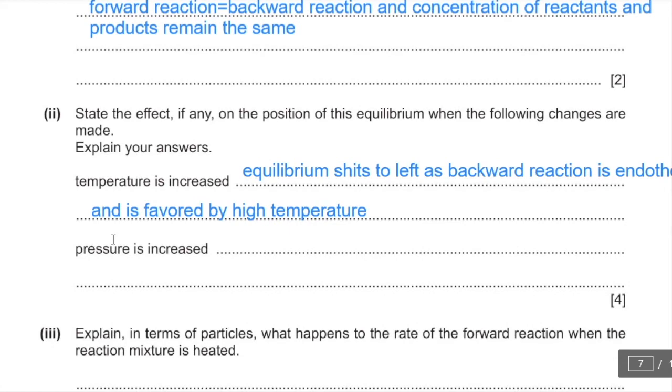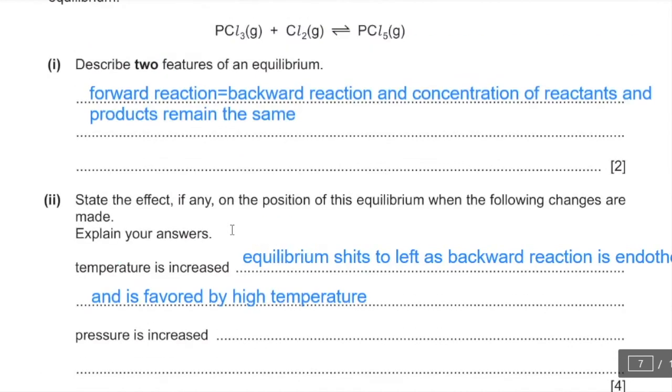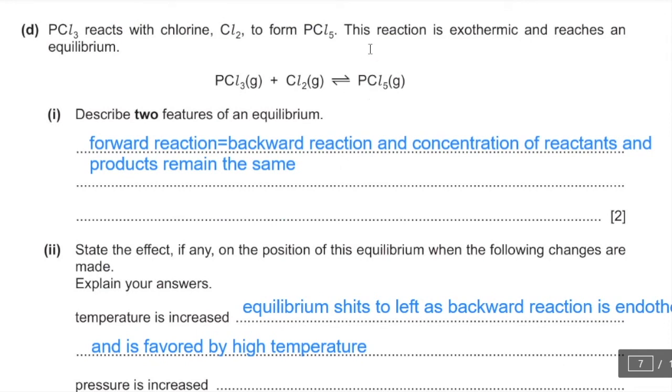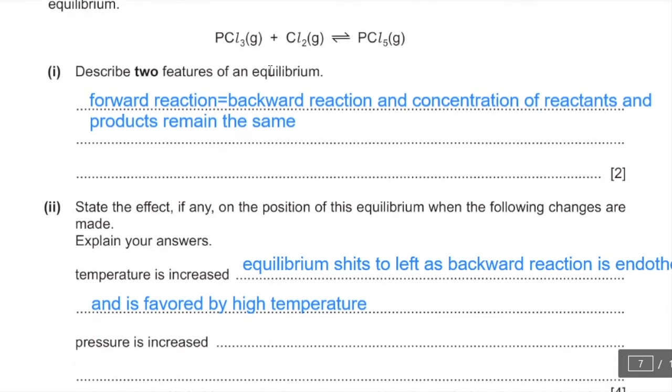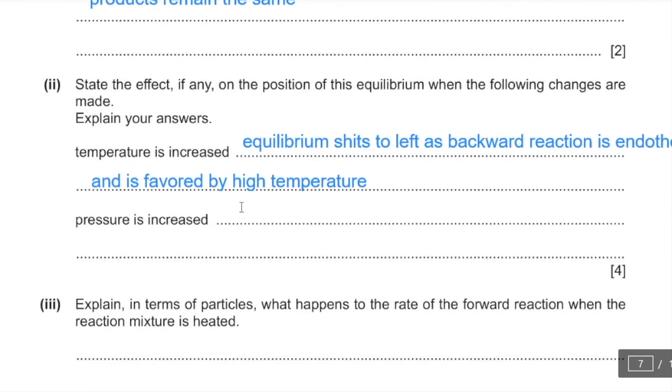Pressure is increased. So pressure always favors the side with the lowest number of molecules, which is the right hand side, and that means the equilibrium is going to be shifting to the right hand side. And the reason is that the side with the greater number of molecules, in this case the reactant side, will have a greater number of collisions than the product side, which results in a greater yield of product than the reactants. So the answer is